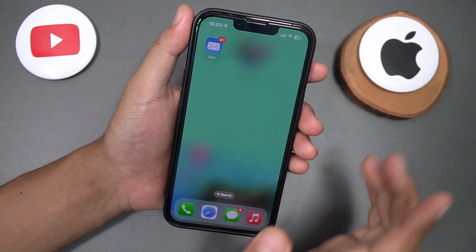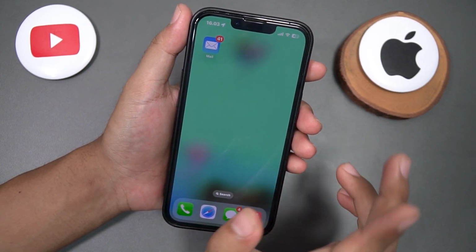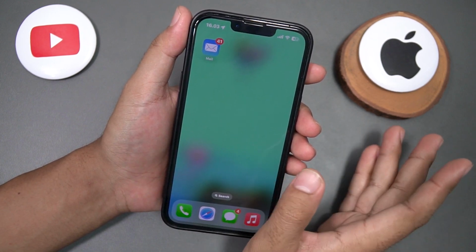Today, we're going to help you to take control of your iPhone email inbox with our top tips and settings